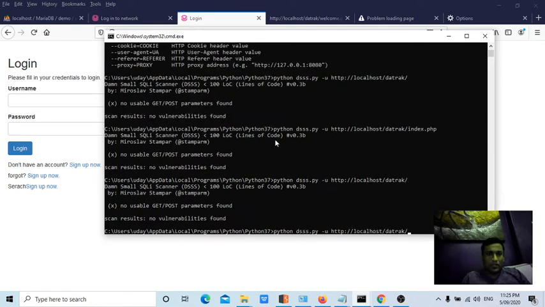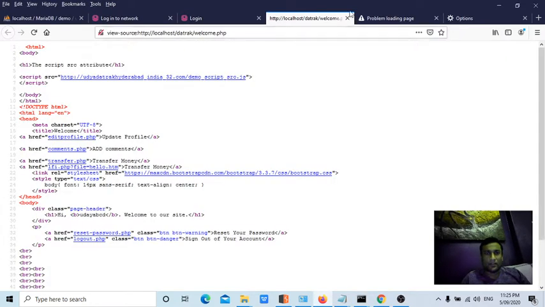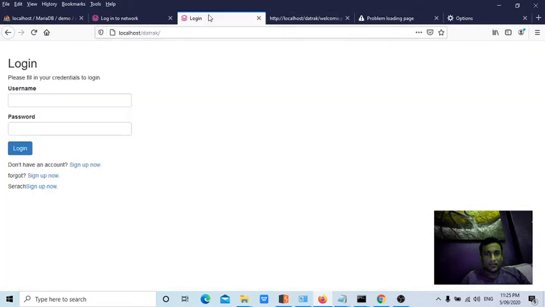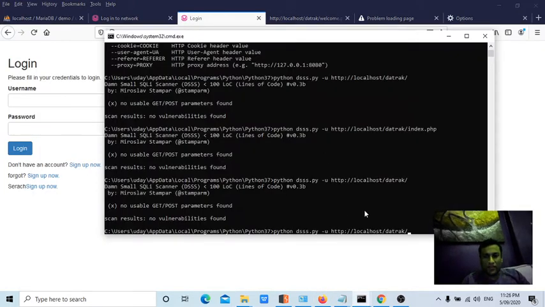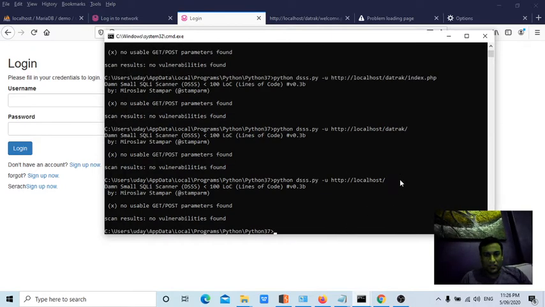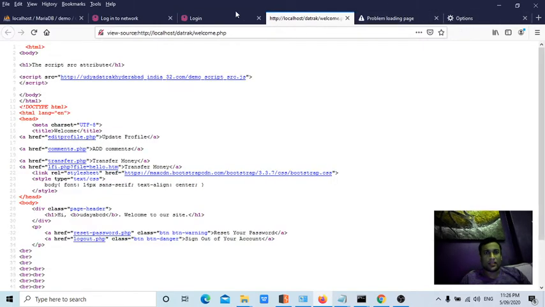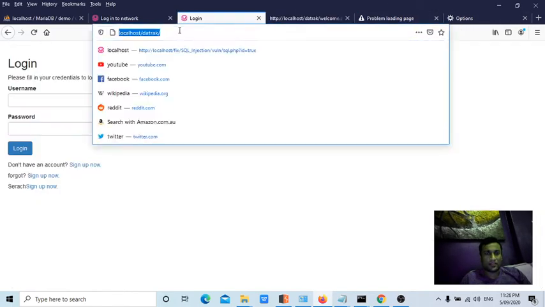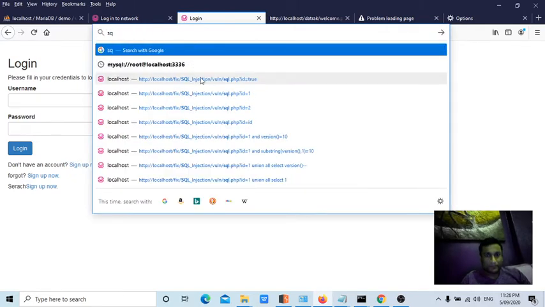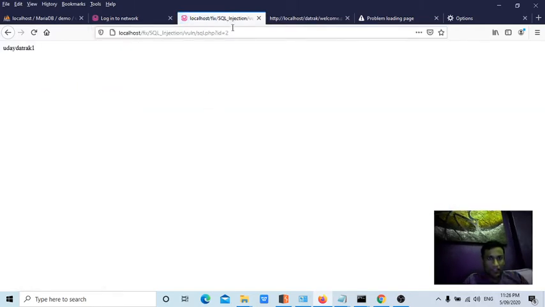Okay, now let's try to check for the particular page, guys. So this is how you check for the main website. Not sure why it is for this particular folder it's showing up. Sometimes it works because I have tested before. Now let's try to check for the other page, like which I tested, SQL ID equal to 2, right? I'll directly pass this.